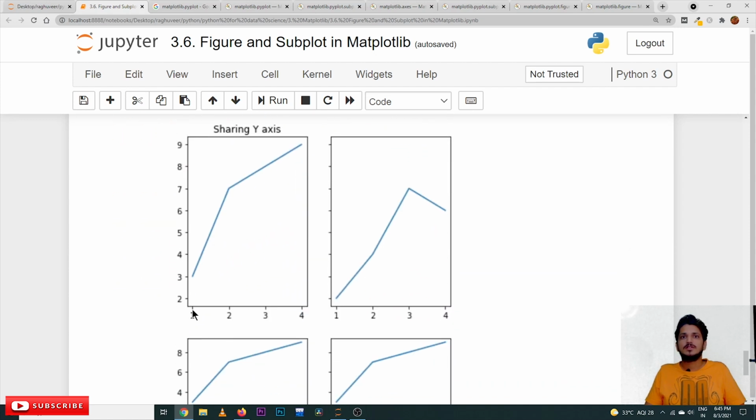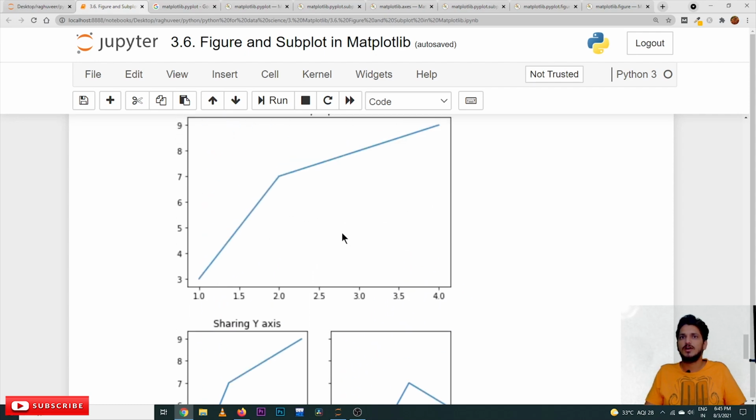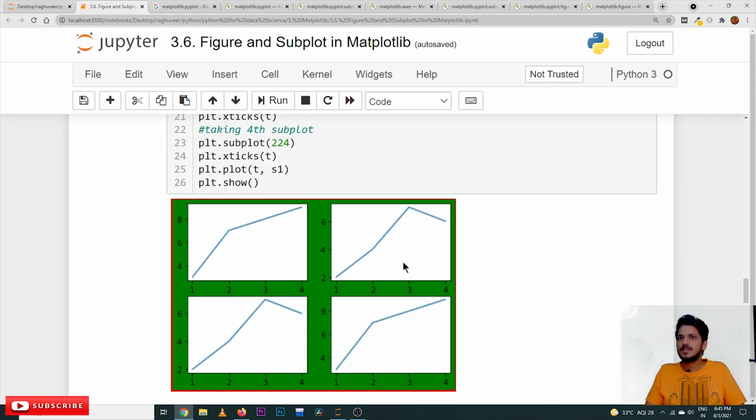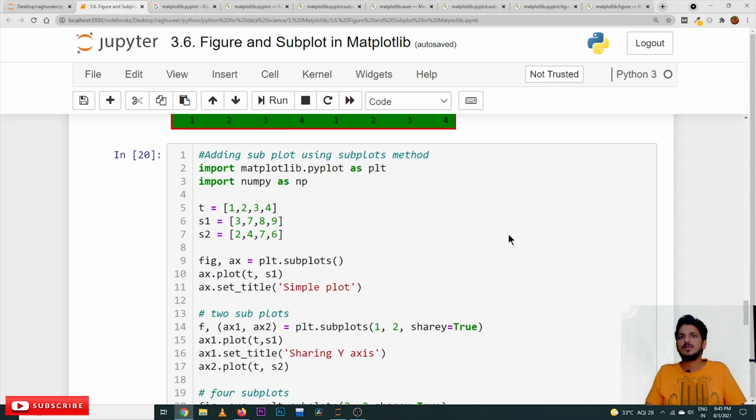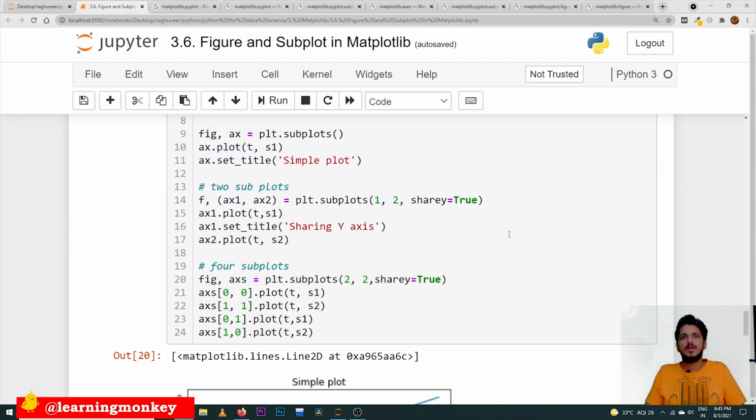See here, the y-axis is not taken again as a new one. Both the plots are sharing the same axis. In the previous example, there was a separate y-axis here and a separate y-axis there. But if you take it as sharing, the subplots will share the same axis.